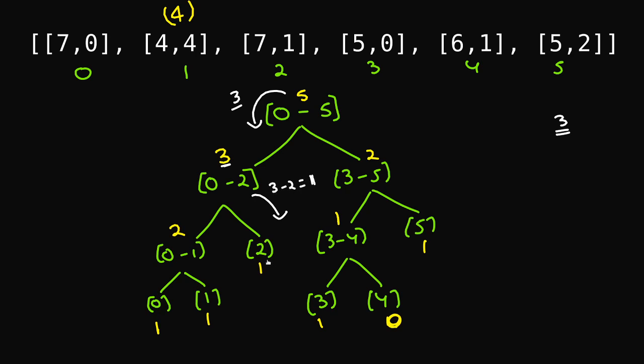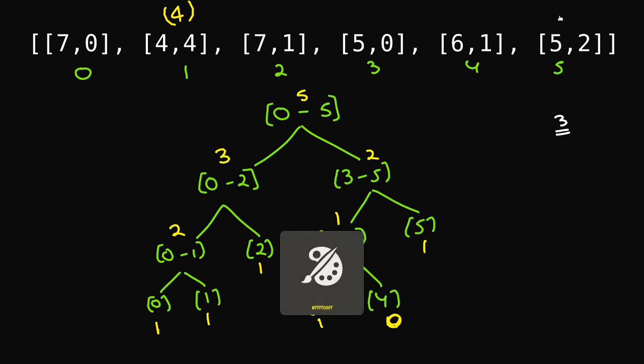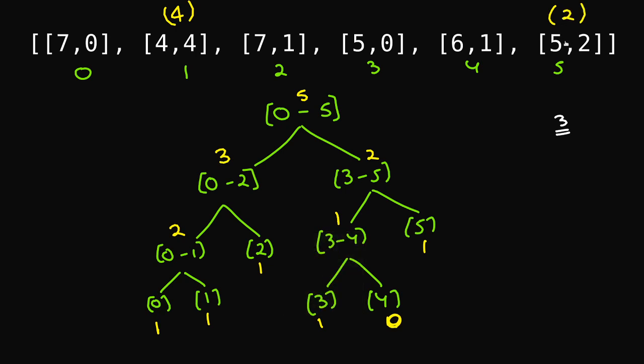Okay. And the moment I reach this leaf node which is having a single one, I'll just take this particular index and I'll say that this 5 comma 2 is finally going to be present at index number 2. So once I have that, I can then just simply write that this 5 comma 2 is going to be present at index number 2. And once I do that, I'll take this index number 2 and I'll make it 0. So this is going to be a 0 now.